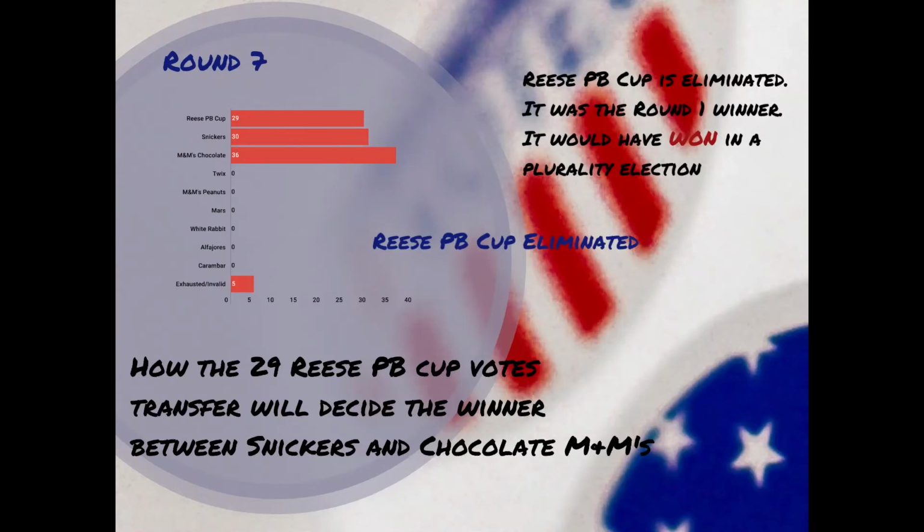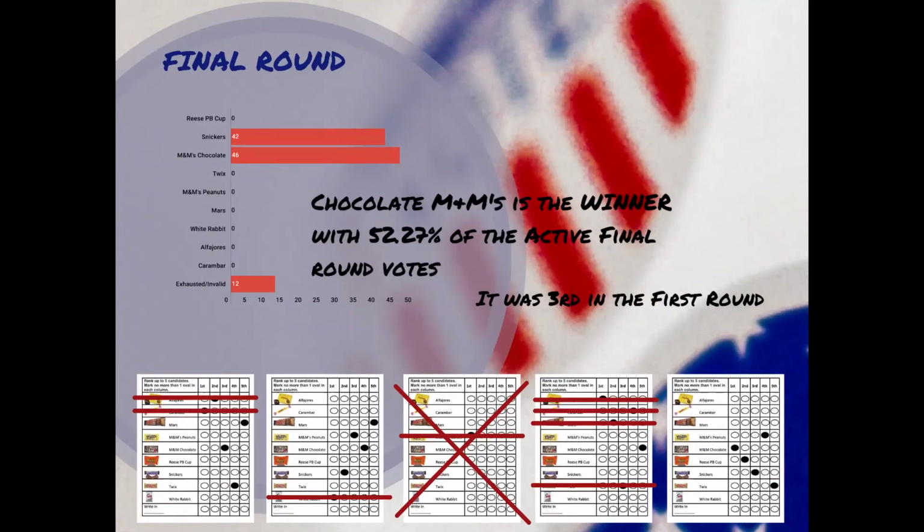But right now, Reese Peanut Buttercup is eliminated. The outcome of the election will be between chocolate M&Ms and Snickers, and the decision will depend on how the 29 current voters for Reese Peanut Buttercup, how their votes will transfer to either Snickers or chocolate M&Ms. And that's how we get to the final round, where chocolate M&Ms ends up being the winner with 52.27% of